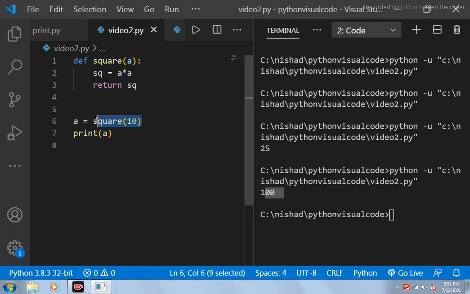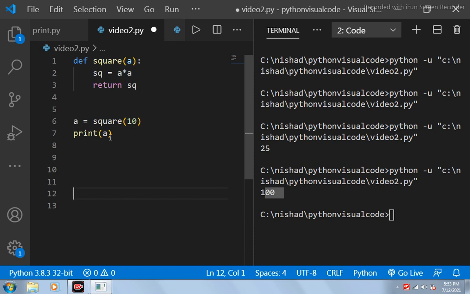So what is happening? First of all, this function gets called. Then the function does its computation, whatever we have defined. Then we want to return a value, so we simply use this return keyword and specify what we want to return from this function, to the right of this keyword. Then it returns that value to the caller. This is calling the function, so the value is returned over here, and then we store that value inside of a variable, and we can use this variable anywhere. I can use this on line 12, 13, etc.